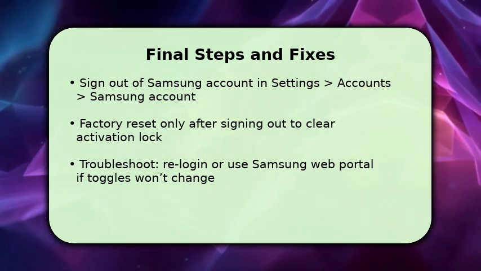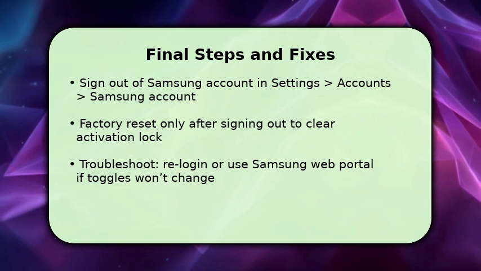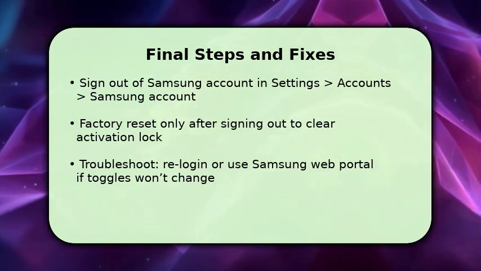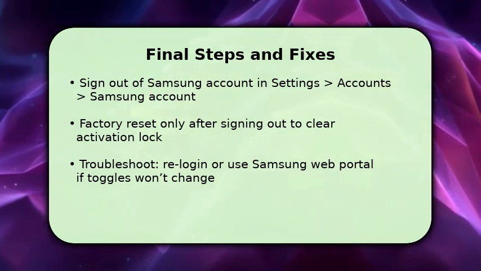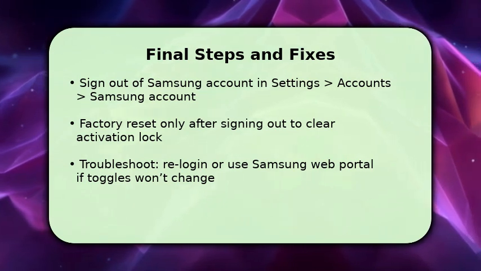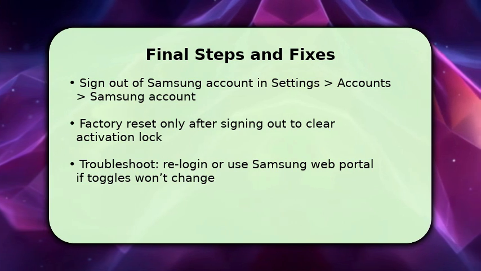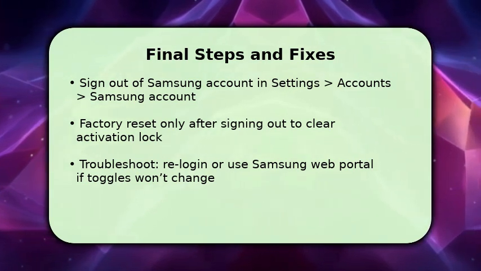If toggles won't change, re-enter the password and reboot, or use the Samsung Find My Mobile web portal to remove the device from your account. If problems persist, contact Samsung support with proof of purchase to resolve activation lock